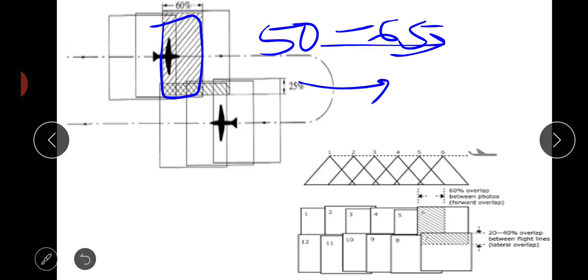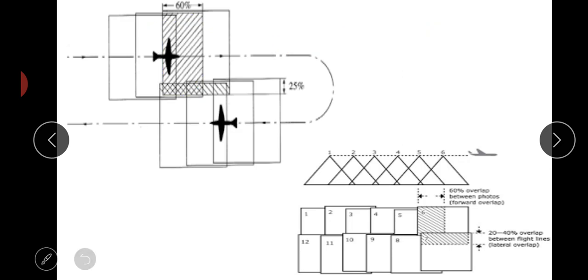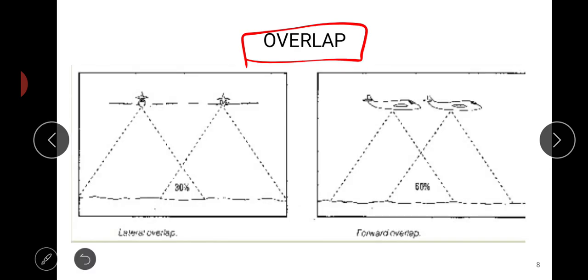Now, how do we determine whether it is 50 to 60, or what the percentage of overlap depends on? If this is my flight direction, and this is the flight with a photographic camera, it takes the photo of the first image and moves forward.